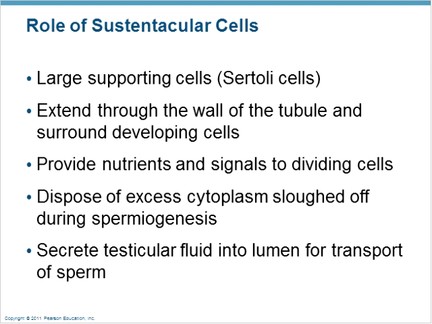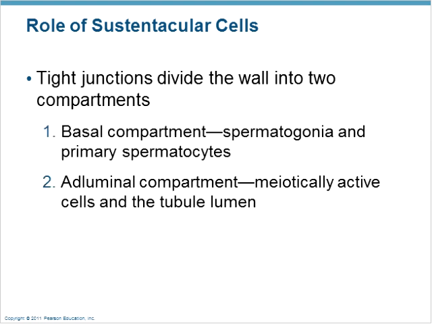The role of the sustentacular cells, or large supporting cells, also called Sertoli cells. They extend to the wall of the tubule and surround the developing cells, and they provide nutrients and signals to dividing cells. They dispose of excess cytoplasm sloughed off during spermatogenesis, and they secrete testicular fluid into the lumen for the transport of the sperm. The tight junctions divide the wall into two compartments of the sustentacular cells: the basal compartment, which is spermatogonia and the primary spermatocytes, and the adluminal compartment, which is meiotically active cells, and the tubule lumen,